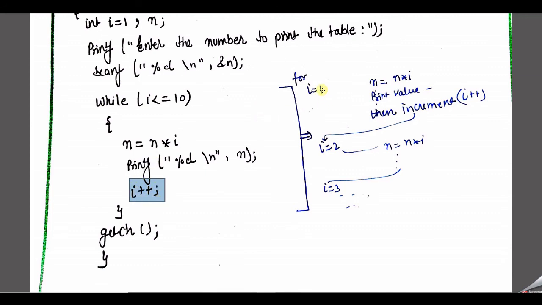If I decide here i is equal to 10, so n is multiplied by 10, then the value of n will be 50, and after that we need to print 45, after that we print 40. That way I just generate the table but in reverse order. So if i is equal to 10, what is the condition here? i is greater than or equal to 1. So this totally depends on you.